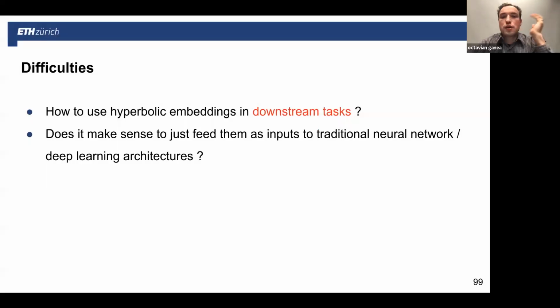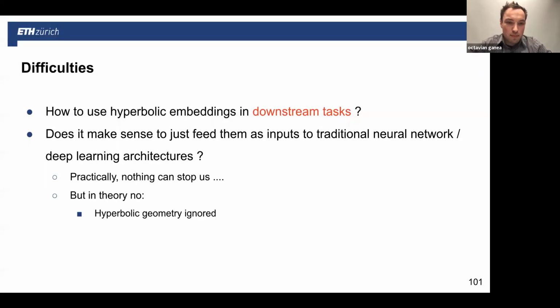Does it make sense to just feed these embeddings as inputs to traditional neural networks or deep learning architectures like ResNet, let's say? Practically we can do this, and there are people who attempted to do this, but without getting very good results. And in theory, at least, hyperbolic geometry is going to be ignored if we don't use